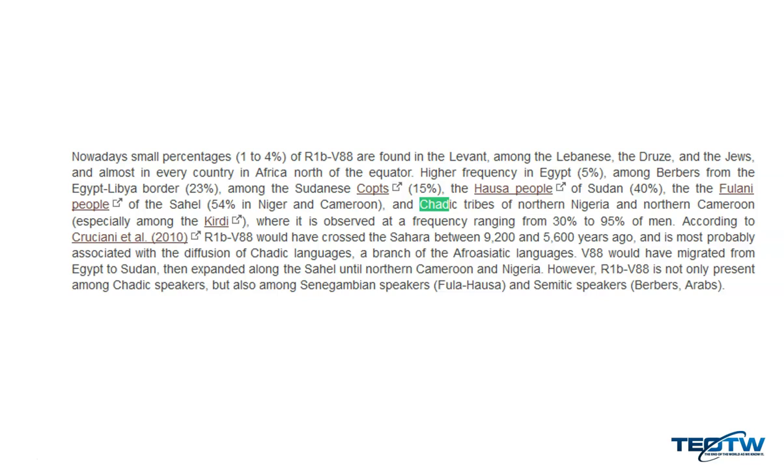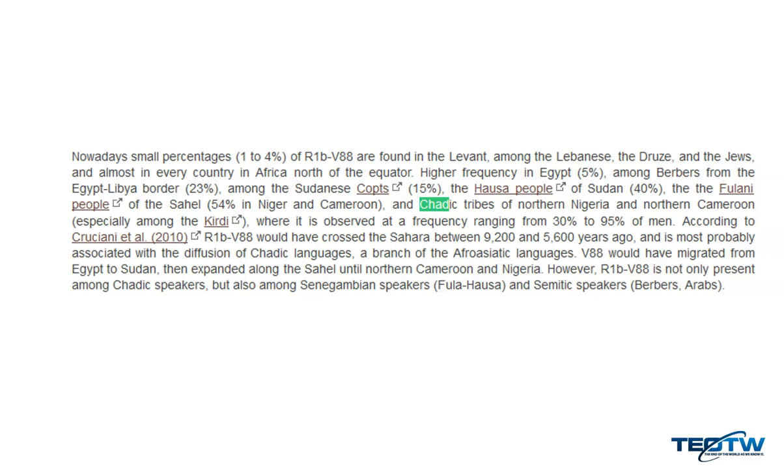So nowadays, small percentages of R1b are found in the Levant, right? That's Hebrew territory. So you find a small percentage there among the Lebanese, the Druze, and the Jews, and also almost in every country in Africa. Well, how does that work, right? So it's found in almost every country in Africa north of the equator. Actually, Cameroon and Chad are south of the equator, but they said every country in the north, but there are many in the south. Okay, so among the Berbers, and if you look at our research about who the Berbers were,